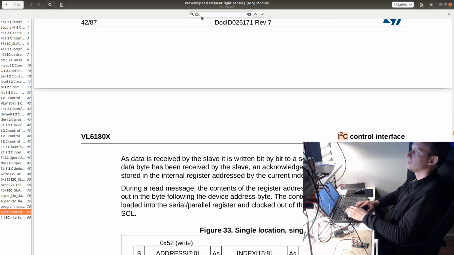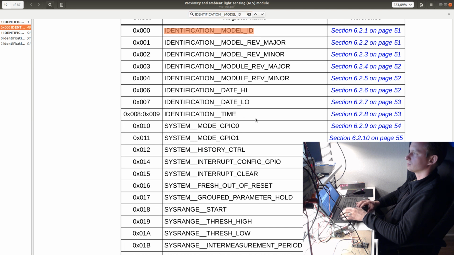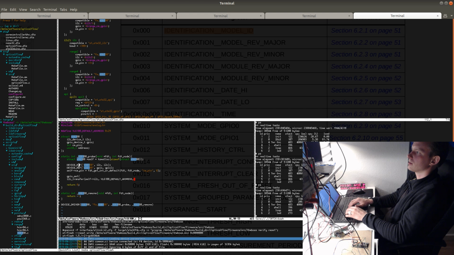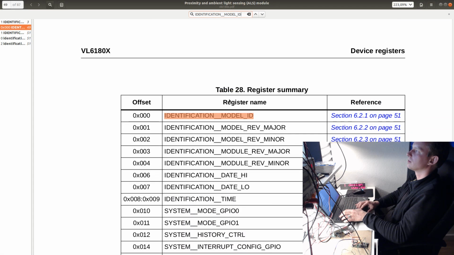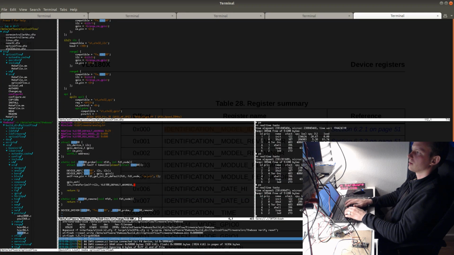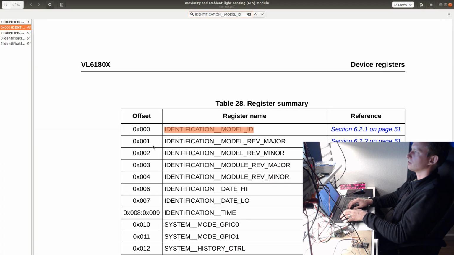So, let's see here. Then I could just define all the registers here. Let's make sure that all the texts are aligned. This will be 0. Reg model ID. Reg model rev major, minor, and